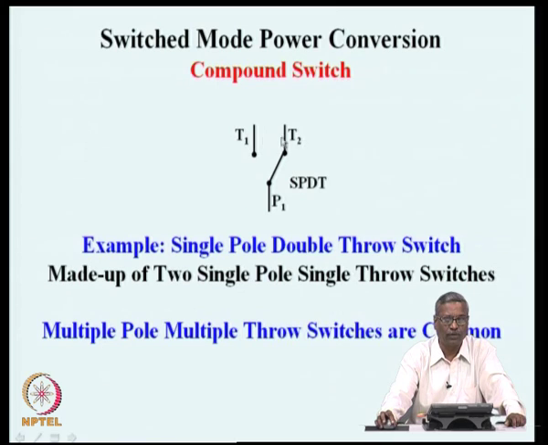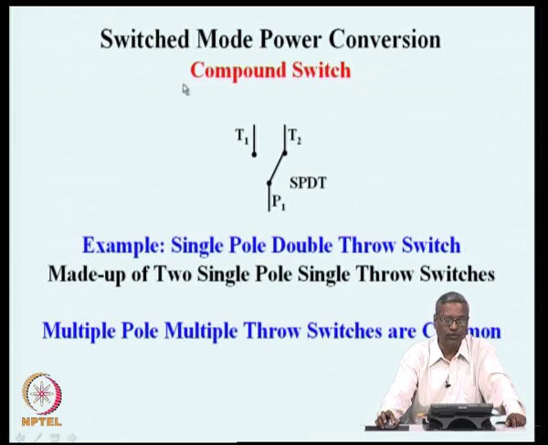T1 and T2 are the two throws of the switch, and P1 is the single pole of the switch. Such a switch is normally referred to as SPDT, single pole double throw switch. In a similar way, you could have a double pole double throw, triple pole triple throw, triple pole single throw. Many possible combinations of poles and throws are possible, and such switches are compound switches, and in many power conversion